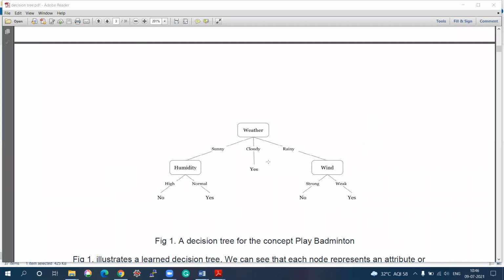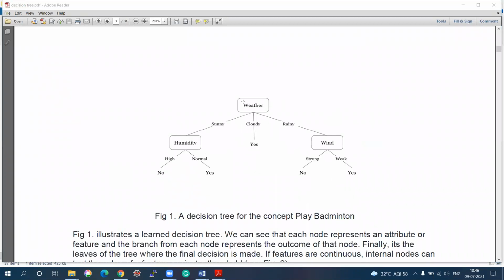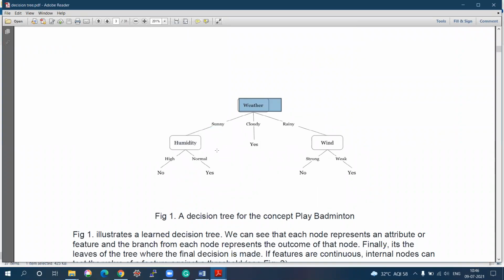The weather is sunny and humidity is high, showing the result is no. And when the weather is sunny and humidity is normal, it is always saying yes, the play will occur. So here we have taken the help of three attributes: weather, humidity, and wind. Based on these three attributes, we can cover all the things to find out the decision. So that's why the decision tree is the